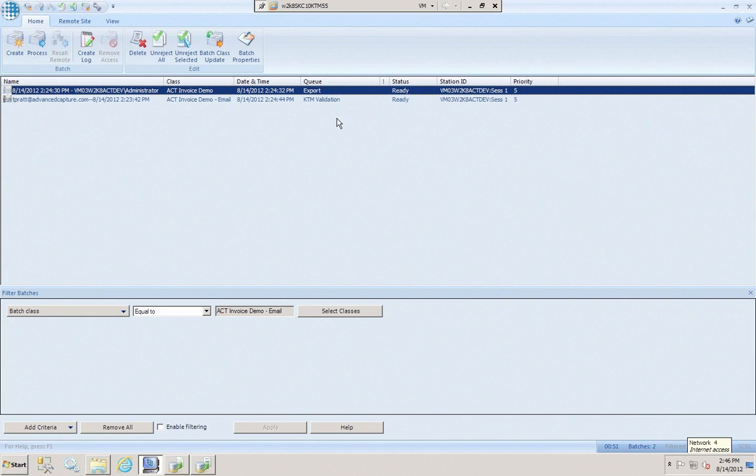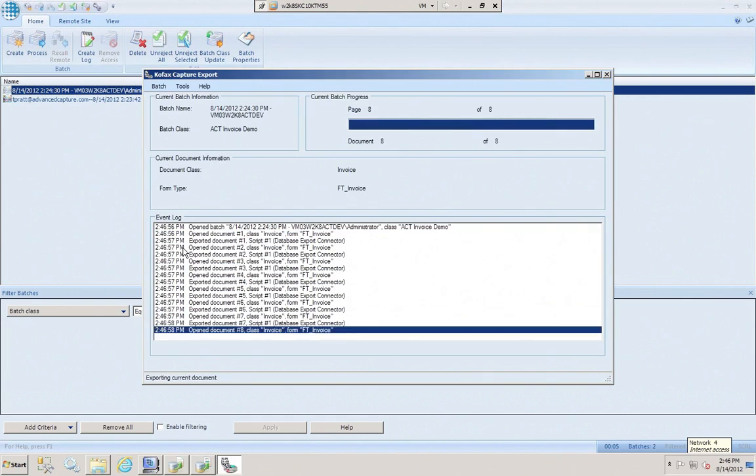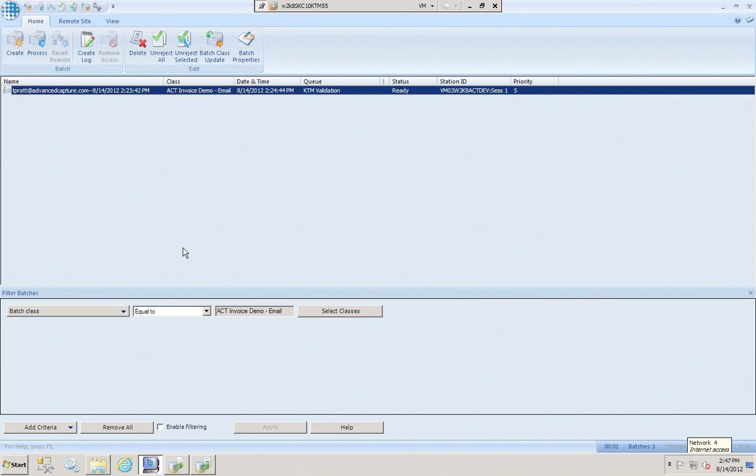The last step in the process, after the software has learned and made the next batch smarter, is just to export that information, and again, that's a background process that I'll kick off. It packages up the information and the images, and sends it on to the next system, whether that's your ERP system or a workflow system, or both at the same time. And then when it's done, you can see that it cleaned itself up, and it's ready for the next batch